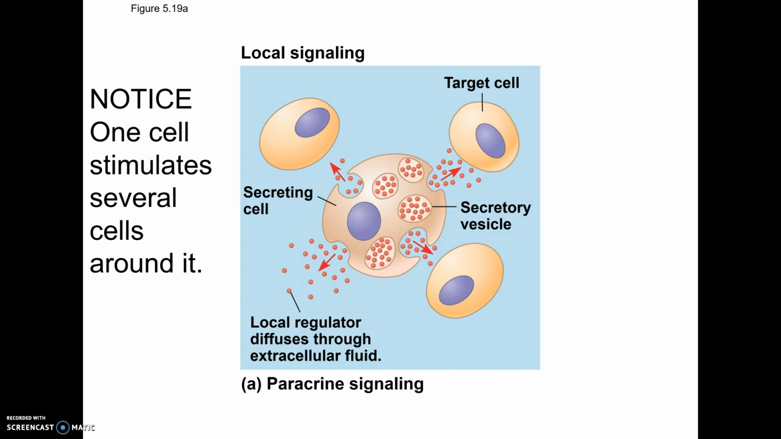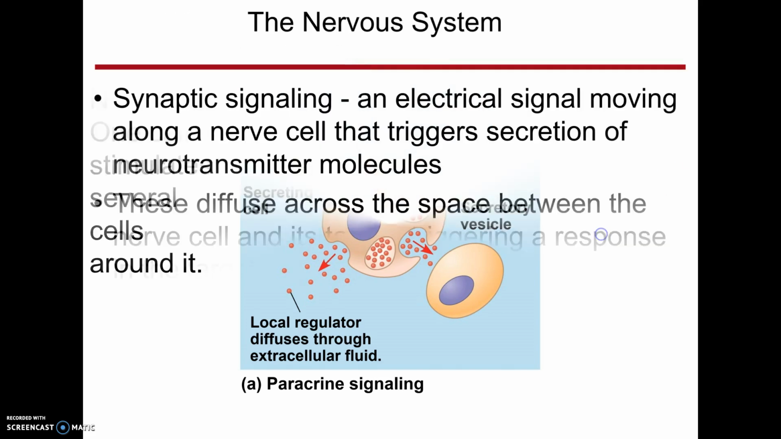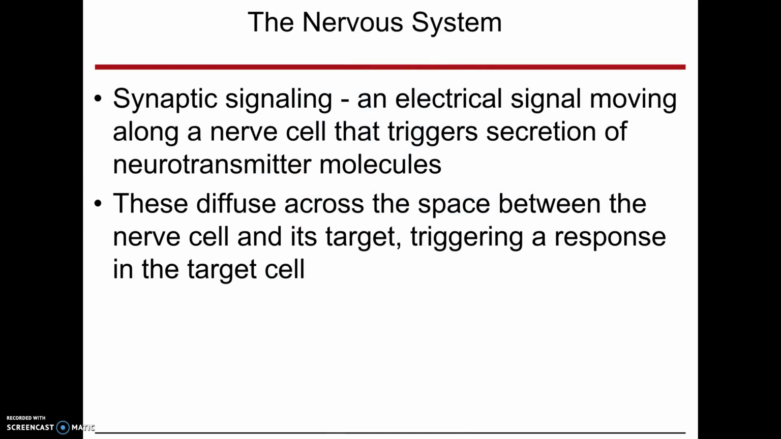So this would be very useful for things like growth. If you want an area to grow, send a signal to just everything in that area, and all those cells grow. So at the tips of your bones, bones get longer as you're growing. When you're injured, a scar will form and heal an injury. So that's paracrine signaling. The second kind of signaling is called synaptic signaling, and synaptic signaling is specific to the